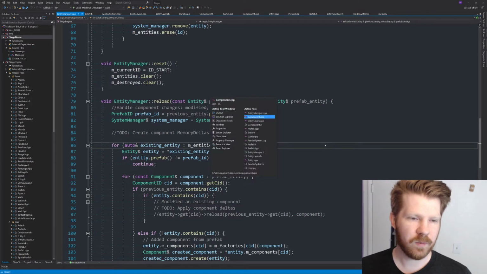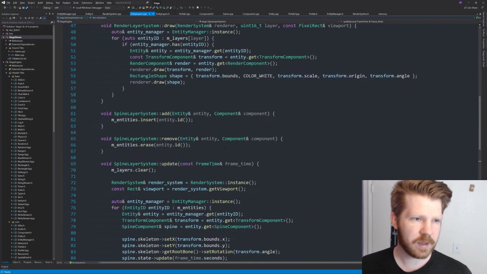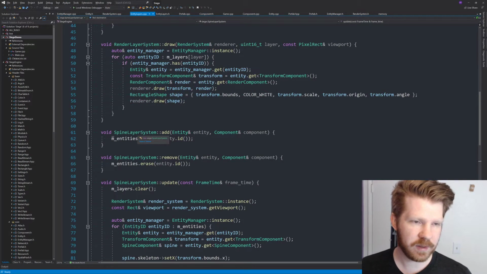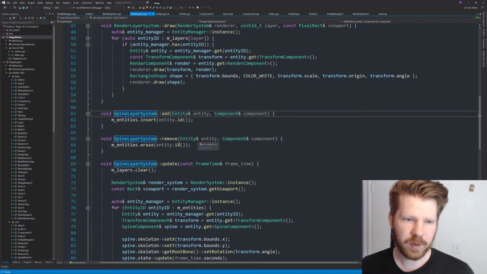And so we were doing that yesterday, and we got this entity, sorry, actually I renamed it. It's now called the render layer system as well as a spine layer system. We're just trying to get the rendering working for these things, and how are they updating. I played around with the interface some,